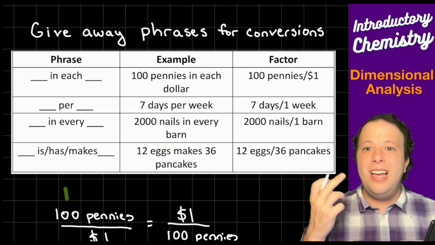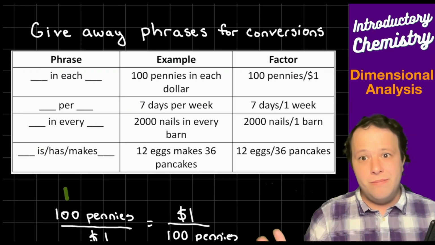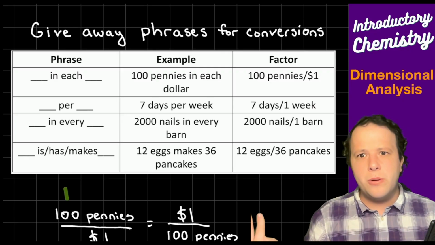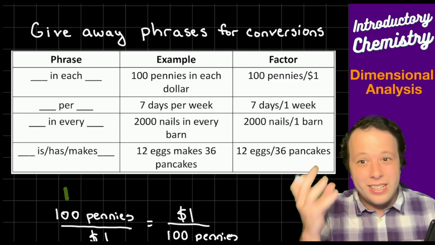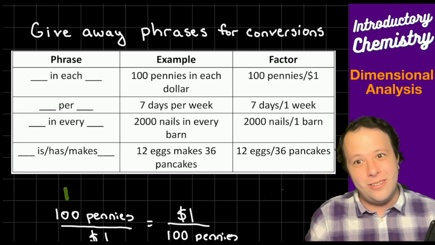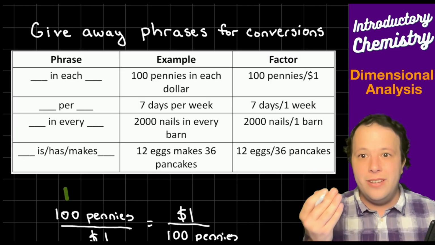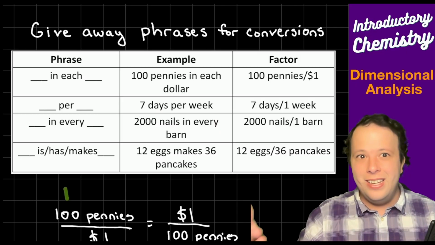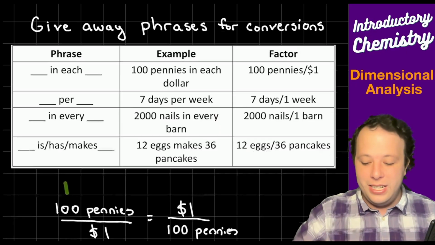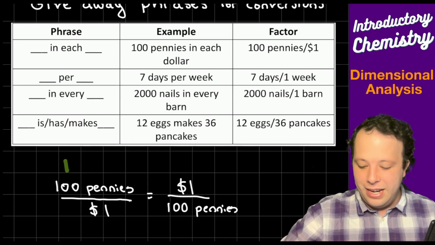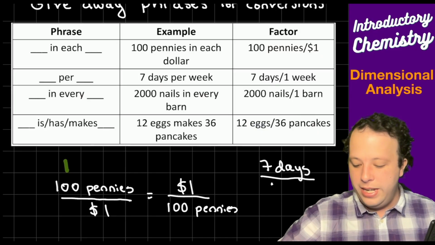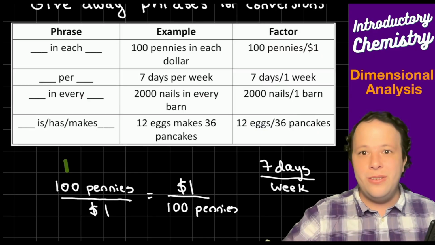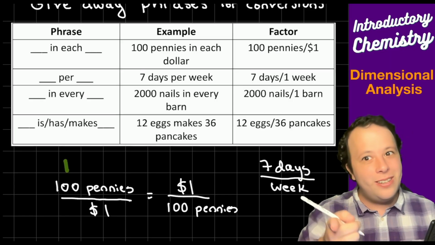If I ask you, how many days are there in a week? And right away, you're like, 7, of course. Well, you just defined a conversion term without me doing anything. It's second nature because you've practiced it your entire life. So per, if you see something per something, that's telling you another one. So 7 days a week, we can define that as a fraction for ourselves, 7 days for every week. And you can flip it, right? If you need to, you can do it one way or the other, depending on how you need your units to cancel.